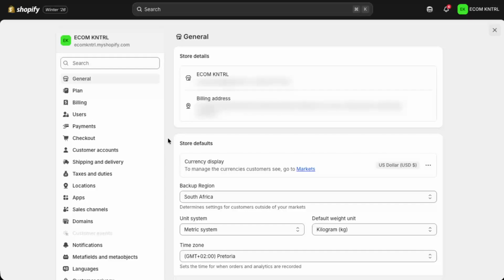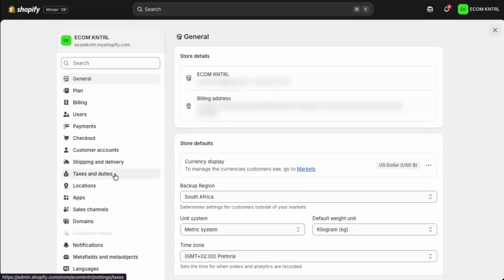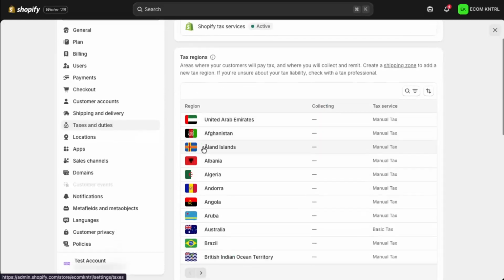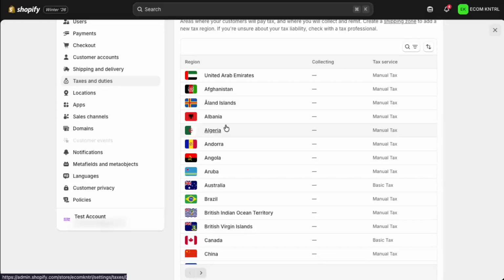Inside the settings area, you'll see a list of different sections. Find and click on the one labeled Taxes and Duties. This section controls how taxes are set up and applied in your store, and it's also where Shopify links to your tax reporting tools. If you manage multiple regions or countries, this page may already show you various tax locations